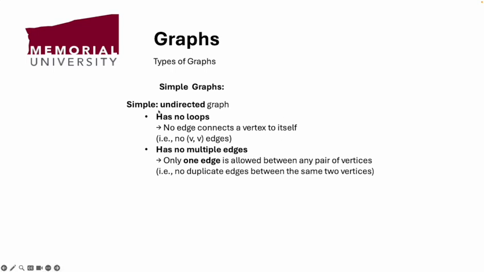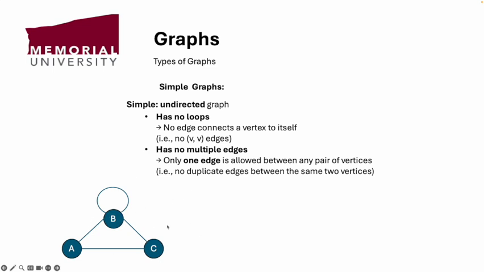A simple graph, which is usually defined as an undirected graph, has no loops. That is the first condition. The second condition is that it has no multiple edges. What does this mean? First, no loop means no edge connects a vertex to itself. For example, in this one,